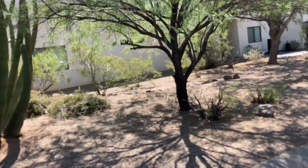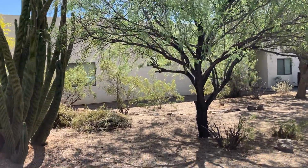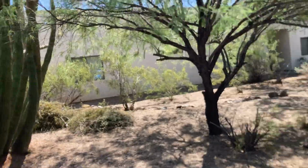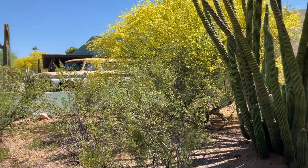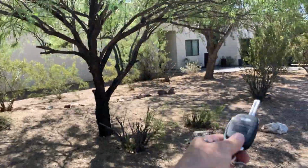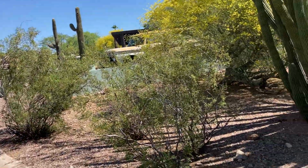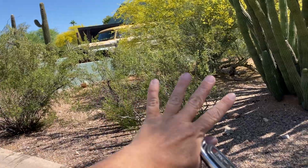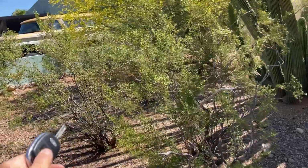Typically the Palo Verdes, you don't see suckers coming up on them, in my experience. I'm not saying they don't create suckers. I've seen Palo Verdes create suckers, which it looks like it's happening over there. And I think whatever all these shrubby things are creating suckers. But I'm definitely recommending that a lot of these shrubs over here on this side, especially this little array here,